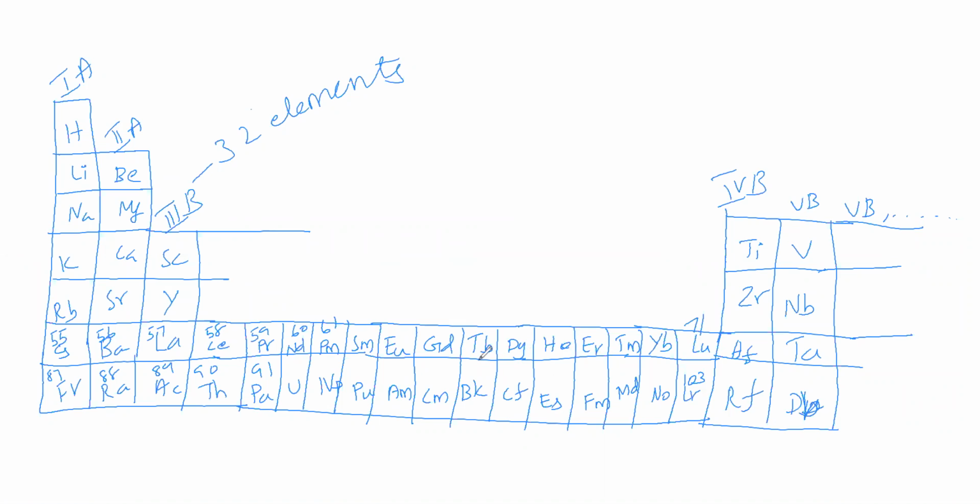In this long form of the periodic table, if you see, the first A group we have arranged like this, the second A group like this, the third B group in the sense scandium, yttrium, then like this one line, then like this one line, then 4B group, then 5B group, then 6B group, and it goes on till the noble gases. Now this long form of the periodic table looks somewhat ugly because of this part. Therefore we have to cut this part.